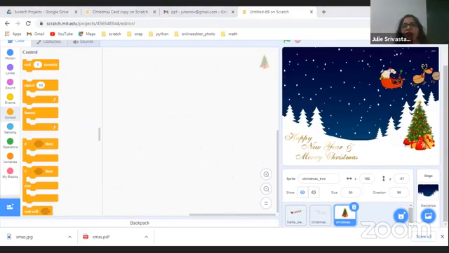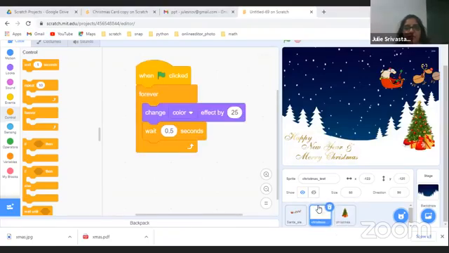So whoever has not followed a particular step, for example, the backdrop, the sledge, or the Christmas text, what I want you to do is don't worry about that. Let that sprite be and go ahead and follow what I'm doing next. So even if you don't have the previous code, at least your next code will work. And then if we have the time, we'll try to rectify and we'll try to guide you on that.